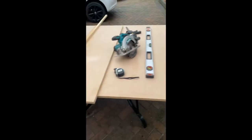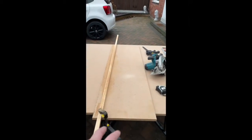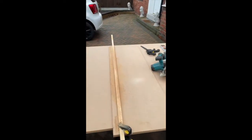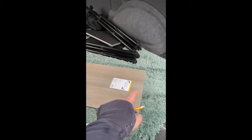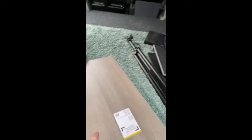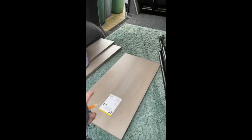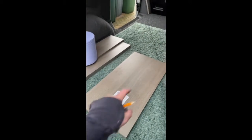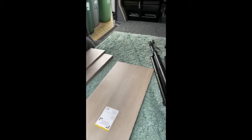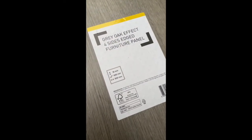Okay guys, first cut. I've done the first cut at 400, about 20 mil under, because that is the width, sorry, not the length, that's the width of the pod I'm going for. So I'm actually cutting the two sides for this top. This is the top, I'm cutting the two sides for it, which is 400. And if you want to get measurements, there on that piece there,